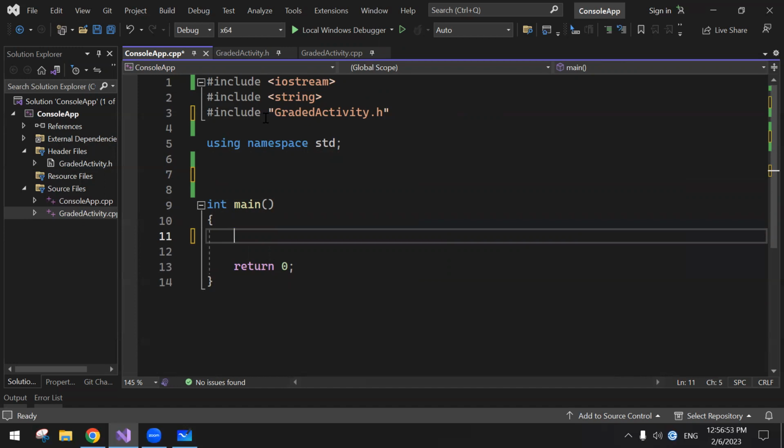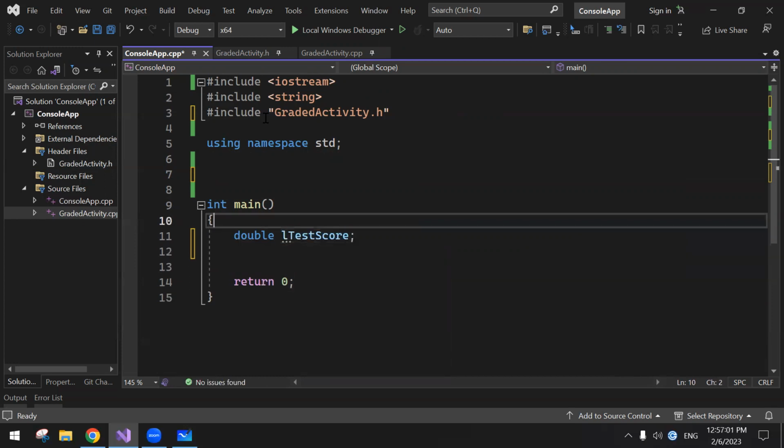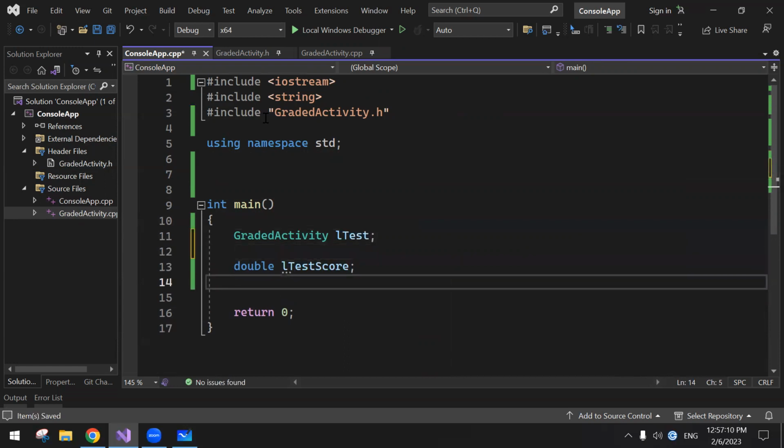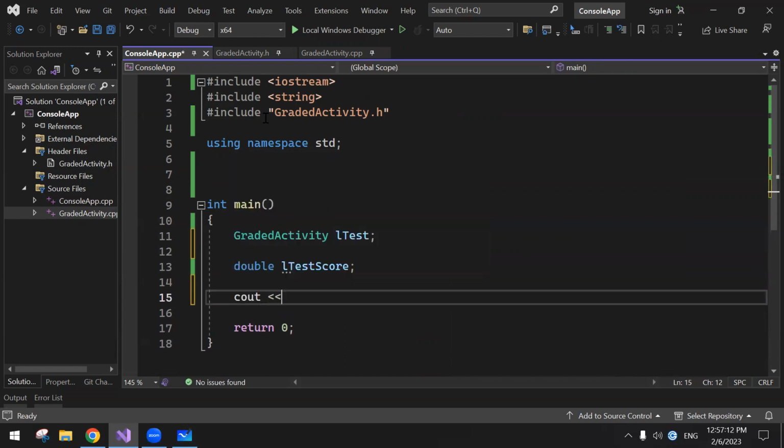Let's read from the user. So let's prepare test score, and then let's prepare the class graded activity L test. So double test score, and then I'm gonna say C out,